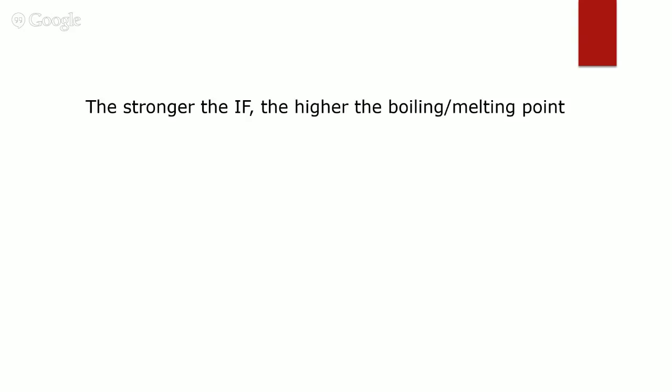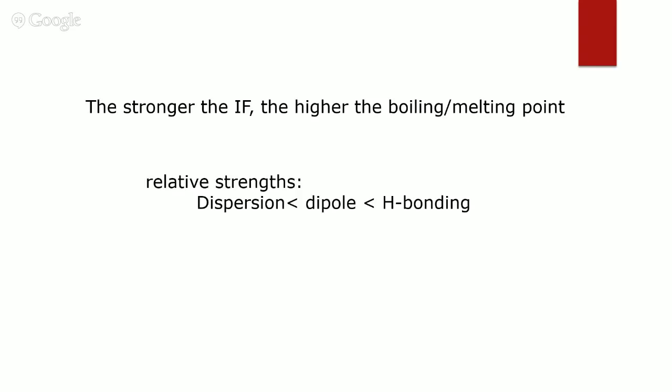Okay. All right. So when you're trying to figure out which substance has the higher boiling point or melting point, or some other things that you may talk about in the start of General 2, the first thing you're going to look at is intermolecular force. Usually the stronger the intermolecular force, the higher the boiling and melting point is going to be. And for most classes, you talk about dispersion, dipole, and hydrogen bonding. And that's the order of increasing strength.